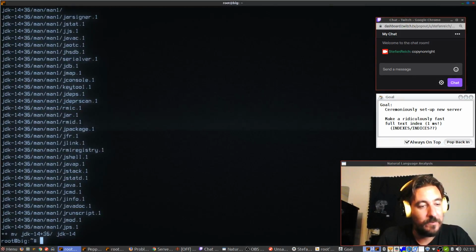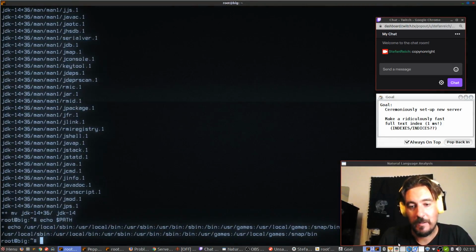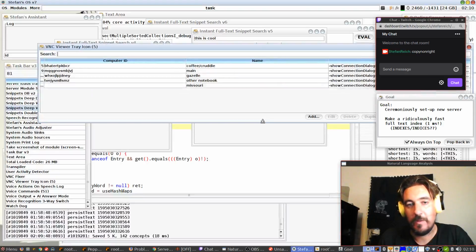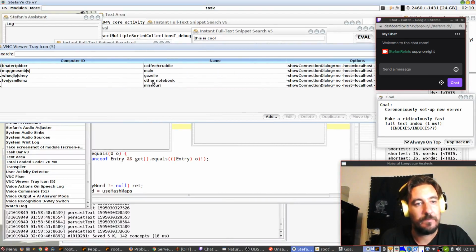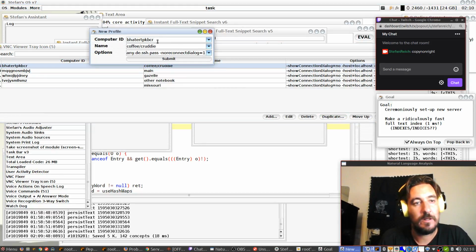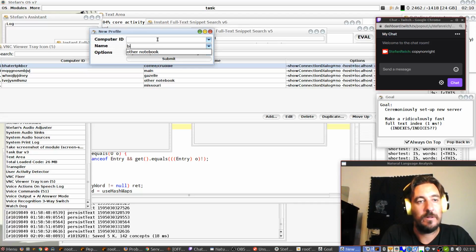Okay, we also have JDK 14. It's a pretty fresh version of my install script. JDK 14 is like the latest, greatest, best stuff. So now we can actually log in. There's only one more step, and we get a graphical view of the new server. We choose the most similar one. The new server is called Montreal.